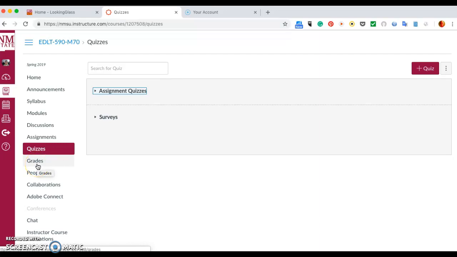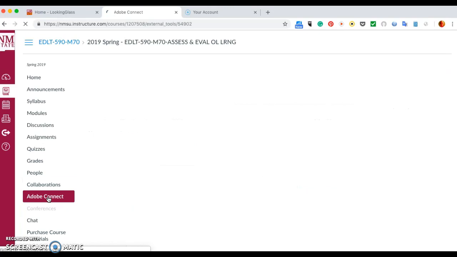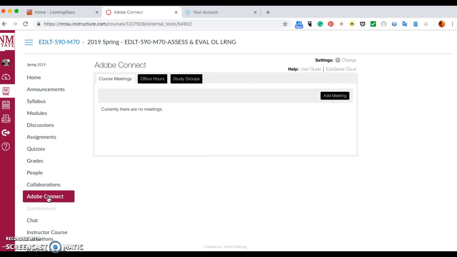Grades, of course, are going to come up differently inside your instance of the course. Yes, collaborations. I have not scheduled our first collaboration. I mean, not Adobe Connect. I haven't scheduled the Adobe Connect session, but we do have one on the 22nd, and I will be scheduling it here probably by Wednesday.